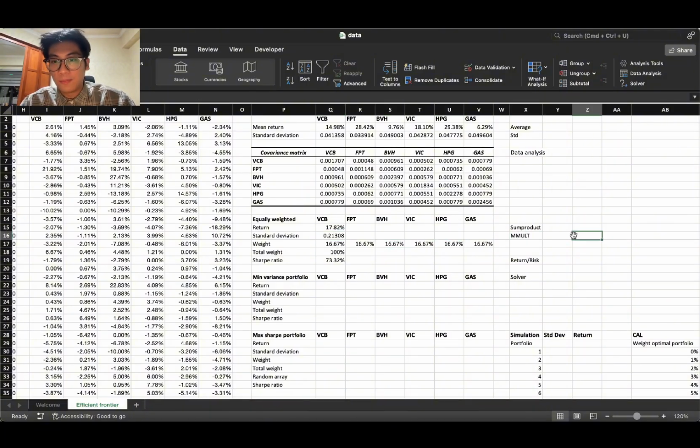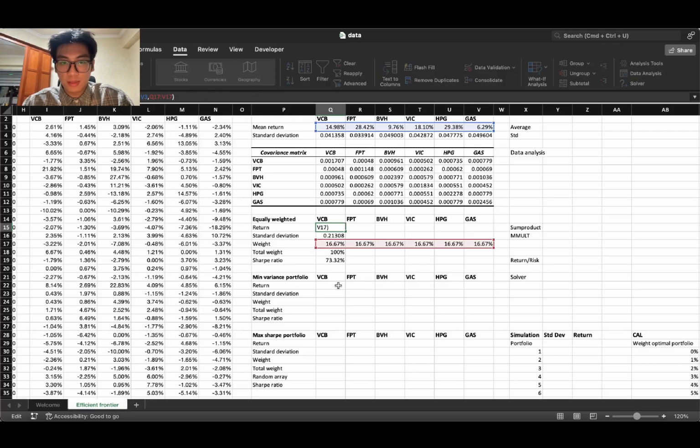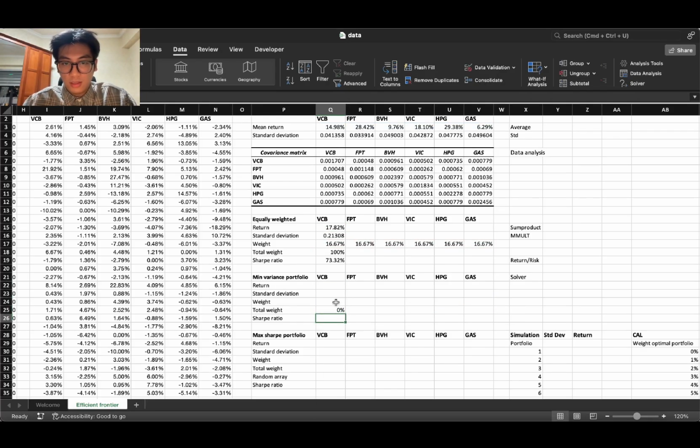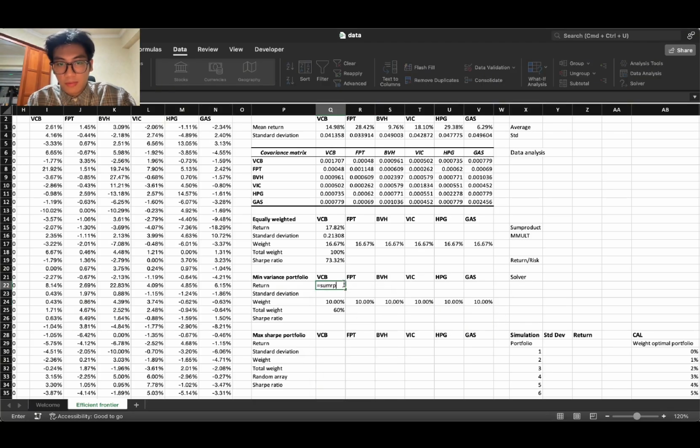Now, okay, here we'll have the minimum variance portfolio, which we will use Solver for. Okay, so firstly, the return is the same. It's just gonna be the same. So first I'm gonna just do the total weight here, the sum of these. We'll be using Solver for this, so we can just put random numbers here right now. And then return is gonna be the sum product, just like we just did, with the weight here and the mean return up here. The standard deviation is gonna be the matrix multiplication, and to save some time, I'm just gonna